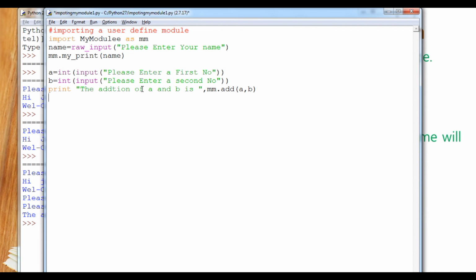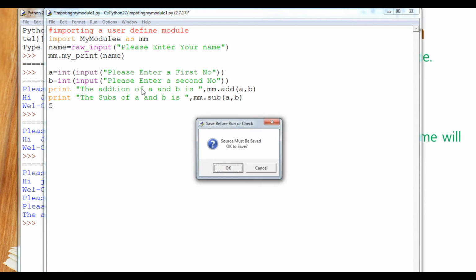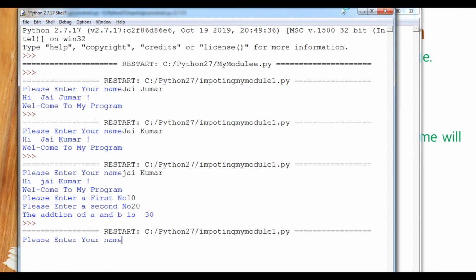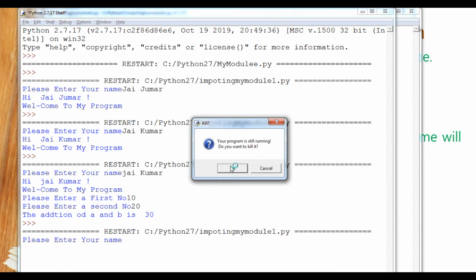The next function we are also getting is the subtraction of a and b is, here is then dot, then after that subtraction. Okay, let's see what will be the output. So I will do it in a fresh copy, student, to do that.